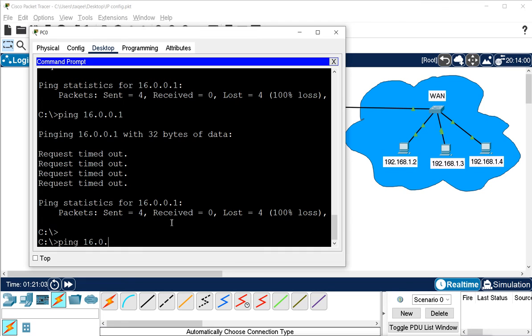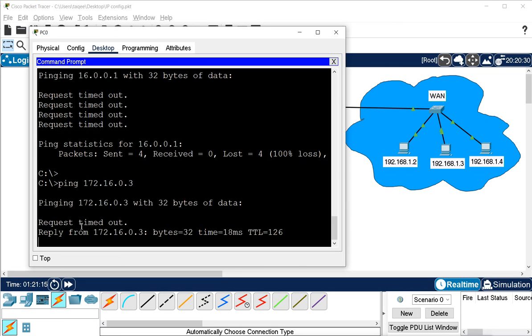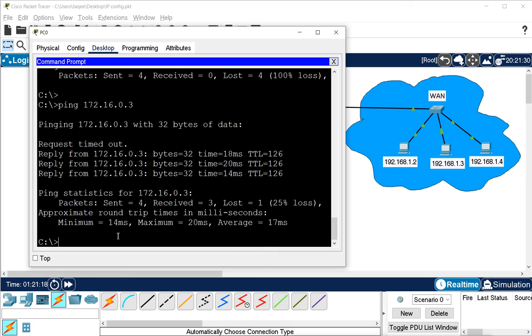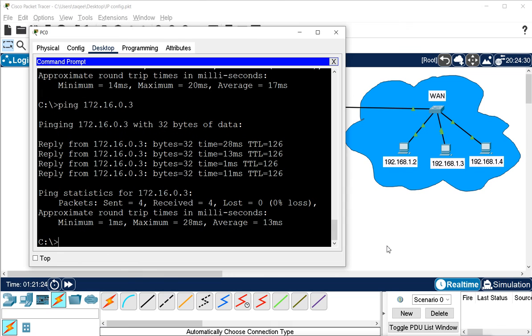I will try to ping 172.16.0.3, and the first packet will be dropped and the next packets will not be dropped. You see the first packet drops, but the next packets are not dropping. And when you type again, it will not drop any packet. It happens because of that ICMP, ARP request.